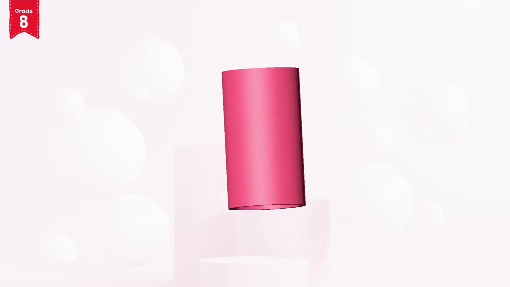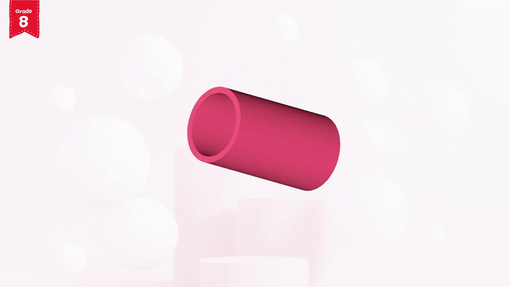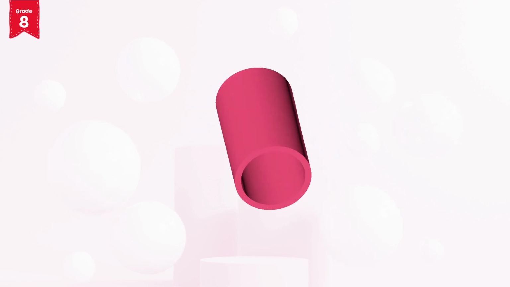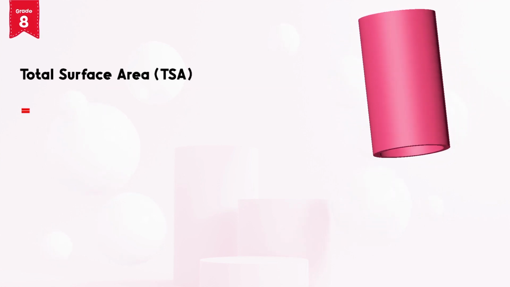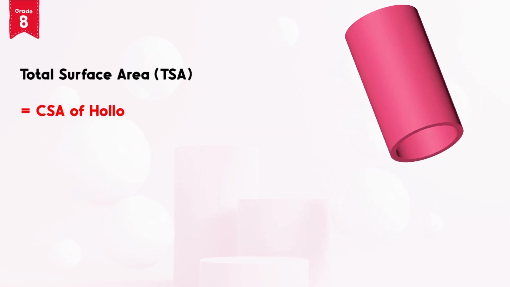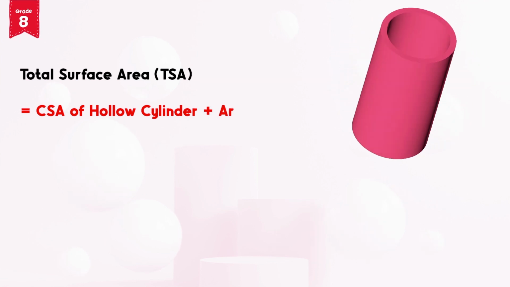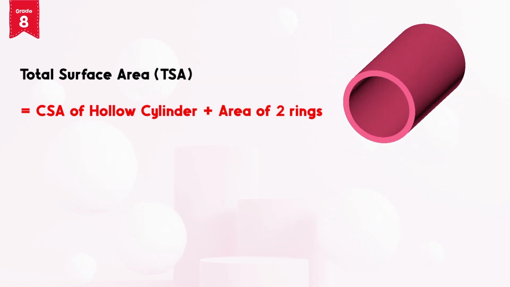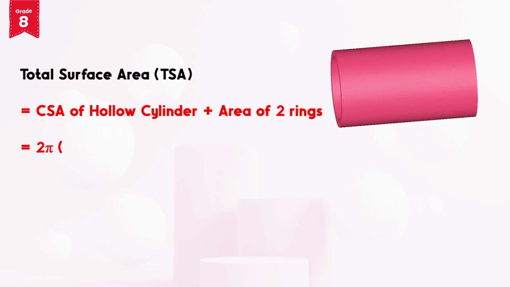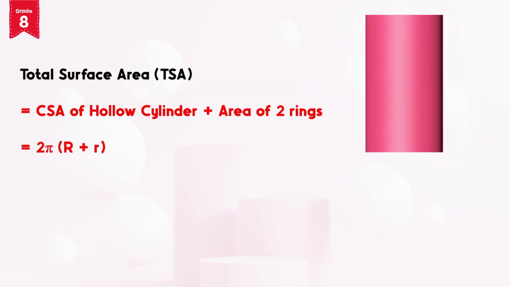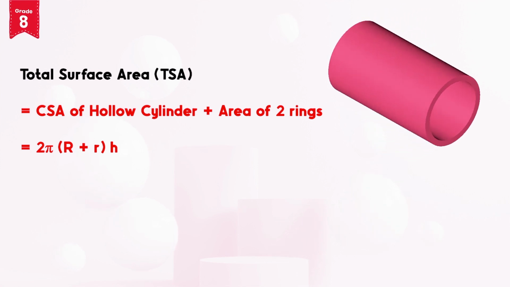As we already have the measurements, we can directly find out the value of the total surface area. We know total surface area is equal to curved surface area of hollow cylinder plus the area of two circular rings, which is equal to 2 pi multiplied by capital R plus small r multiplied by h,